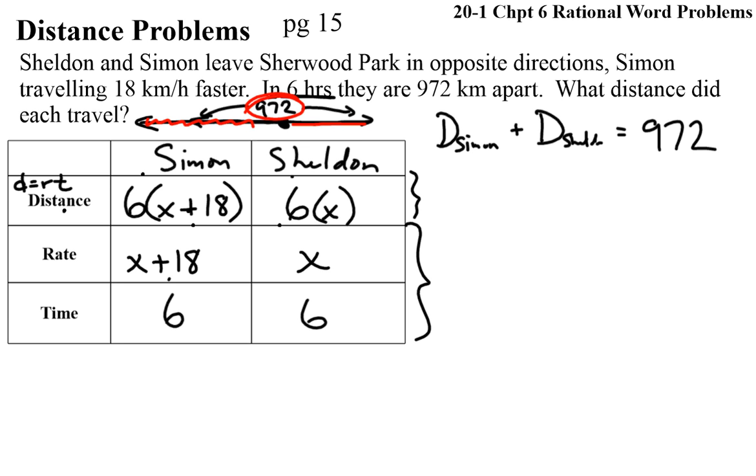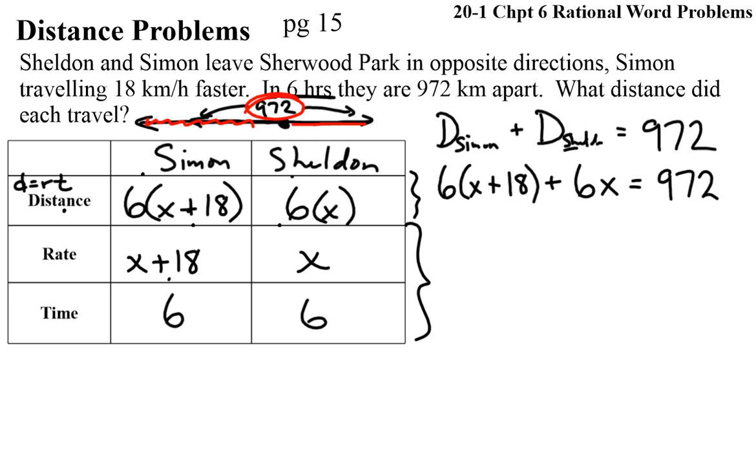There's our equation. How far did Simon go? We're not sure, but we've called it 6 times X plus 18. How far did Sheldon go? We don't know, but we've called it 6 times X. And that has to equal 972. So there's what we're looking at